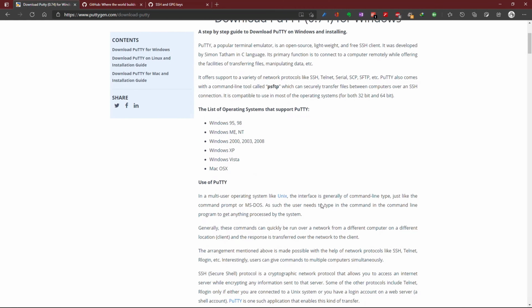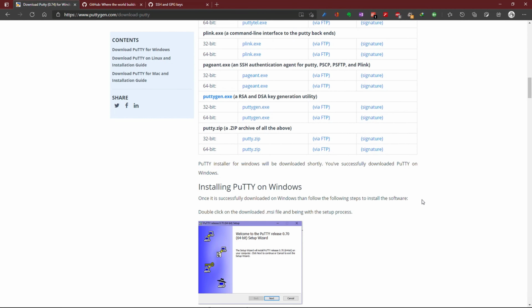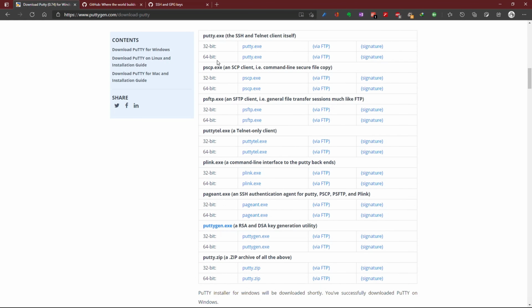In the new page we will scroll down again. So we have Putty, 64 bits. Click it to download.